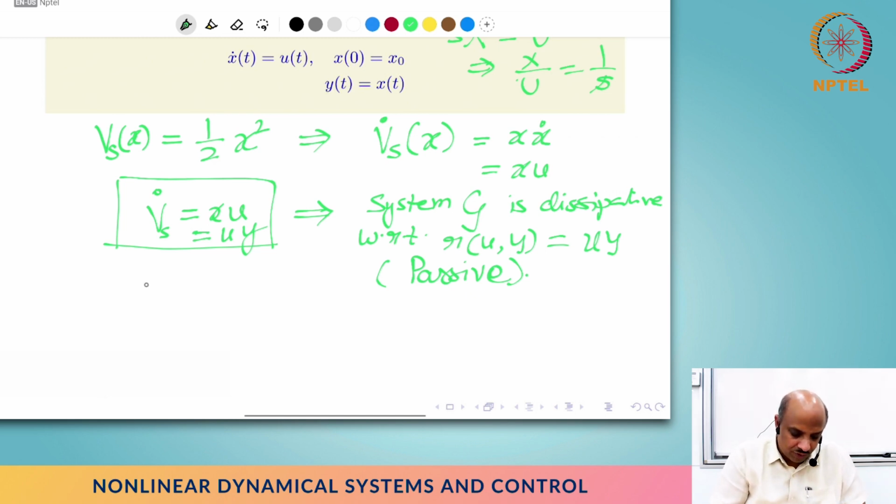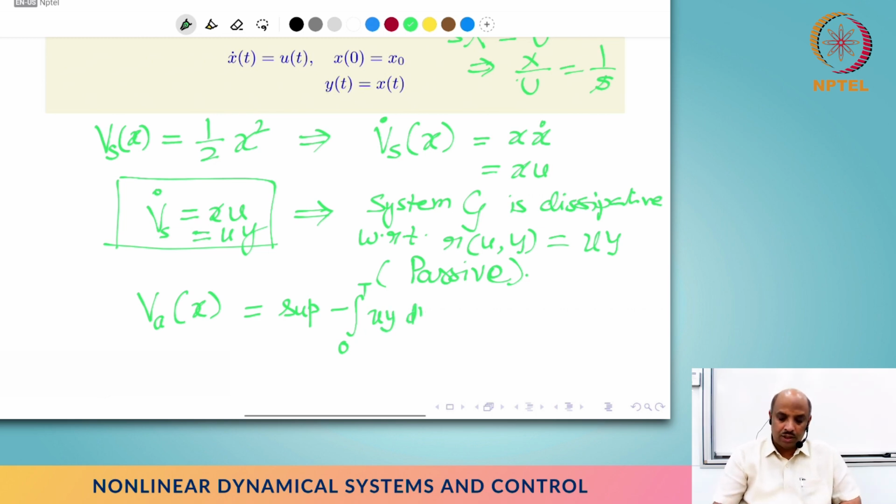try to define this available storage function, which, if you recall, is basically the supremum of minus the integral from 0 to t of u times y dt. Take the supply rate, integrate it from 0 to t for some particular u, put a minus in front of it, and take the supremum. The supremum has to be over all possible inputs, and of course all positive times. And we know that u is whatever, but y is x. So this is nothing but